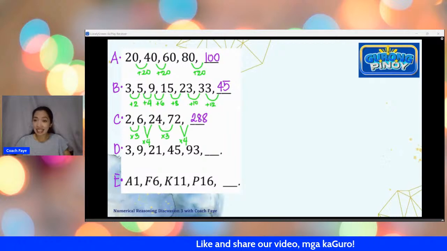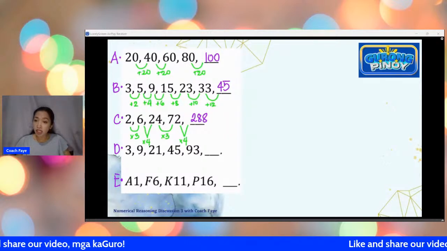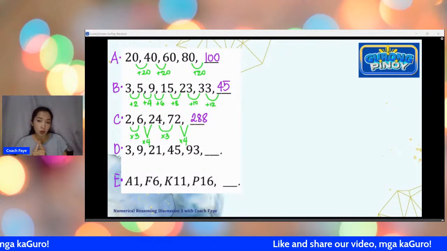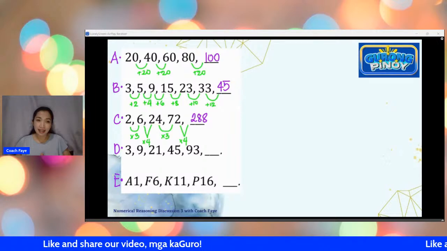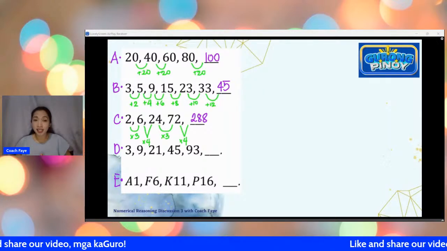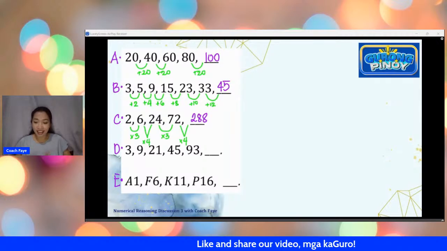at saka for letter E na rin if narating nyo na po siya. Ayan, it's good to see na marami na po tayong 72. Ay, hindi po si Ma'am Charlene, hindi po siya times 3, dapat times 4 na po siya. So, what happens if you skip looking at some items? For example, yung 6, akala natin yung papuntang 24 ay times 3 din. We might assume na times 3 siya from the start. So, posible po na magkakamali yung answer natin.